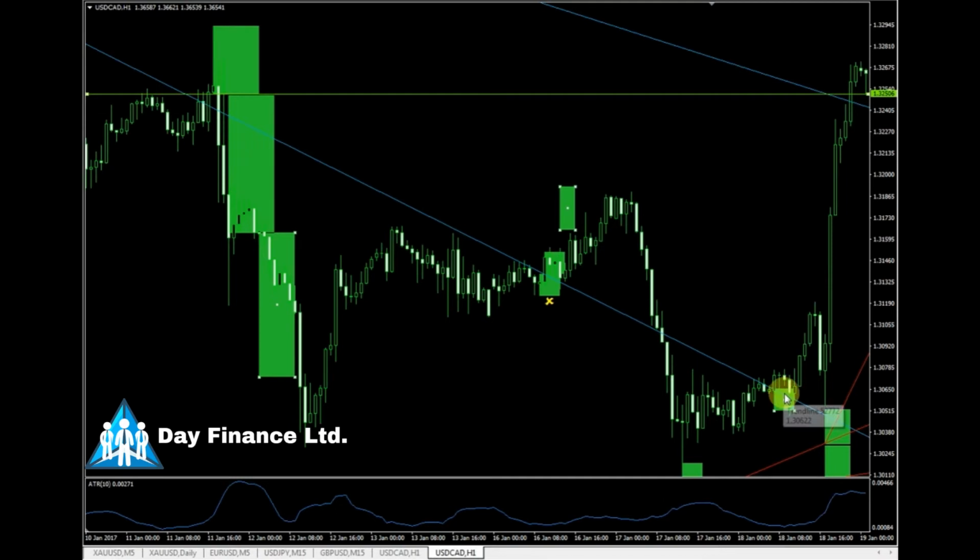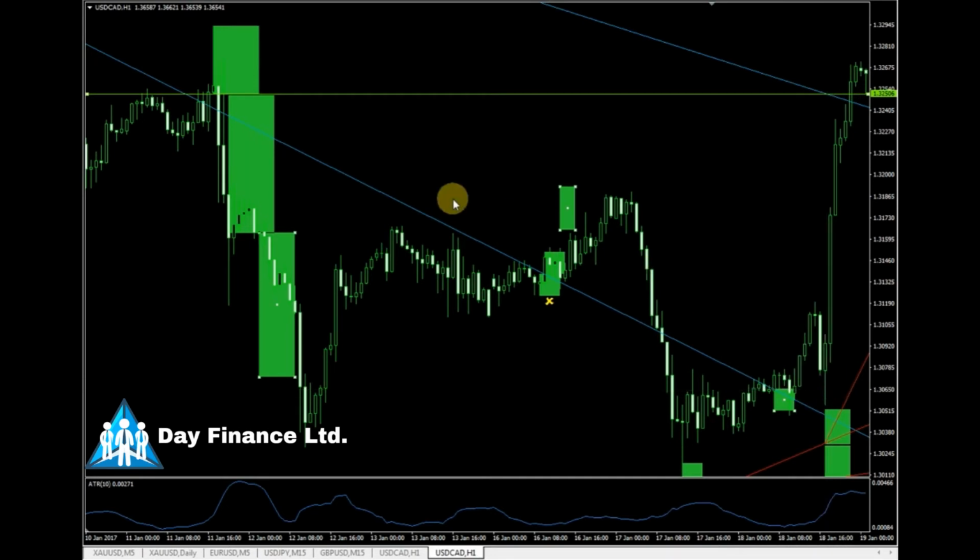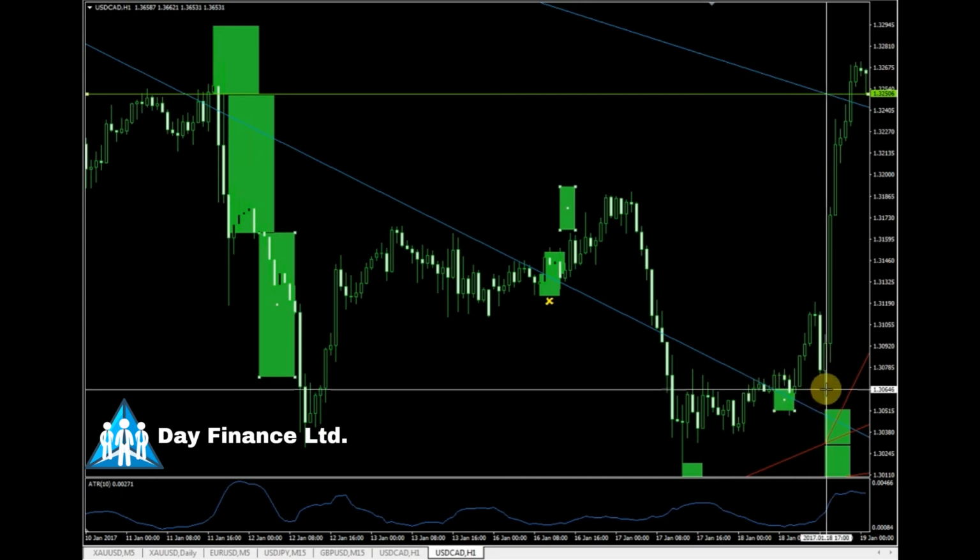So here there is a loss, here there is a second try, because this line we have 3-4 touches on it, so it's obvious for me at least that the buyers are around. So however, I will buy here, I will take this loss, then I will buy again, because the